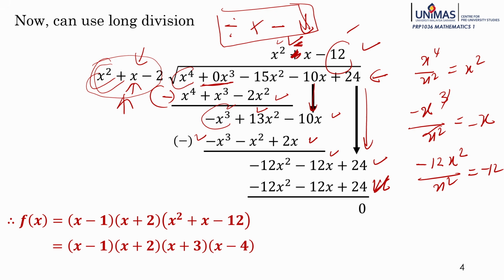That means the factorization of f(x) here, you can get this one. This one is x squared plus x minus 2, and we can simplify as x minus 1, x plus 2, and also this one. I made a mistake here. It should be minus: x squared minus x minus 12. Here also it can be simplified into x plus 3, x minus 4.